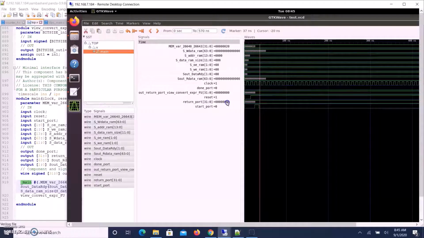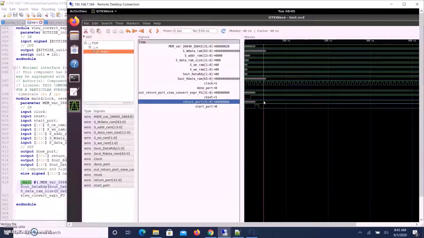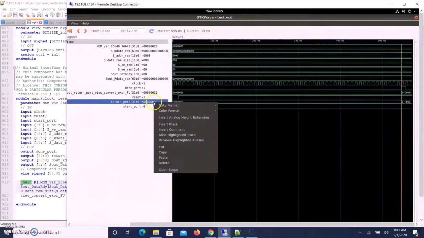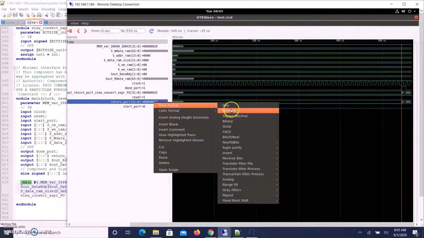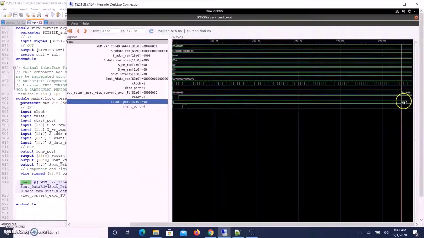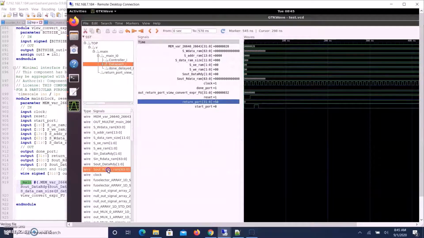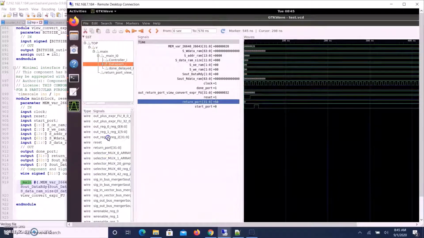Here, as we can see, this is the output as written port, and we get the final output as 32, which is in hex, and if we convert that to decimal, it's 50. Now if we want to see the incremental values of counter in each clock, we need to pull up the signal from its data path hierarchy. So I'll just pull up one signal,